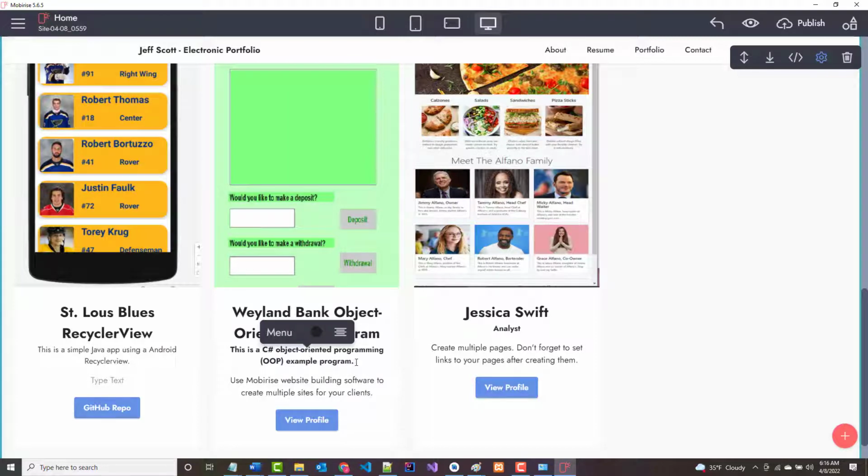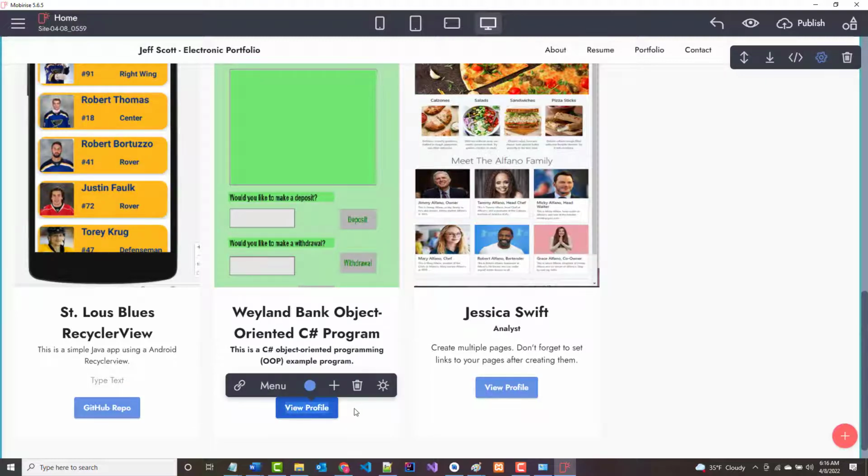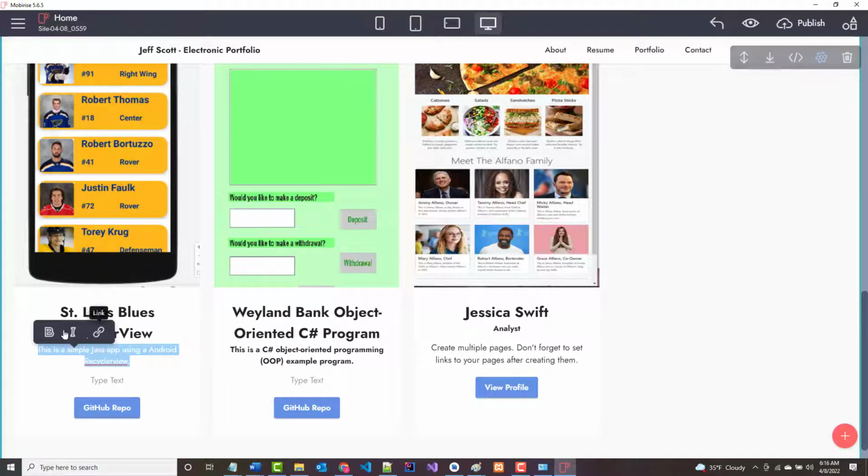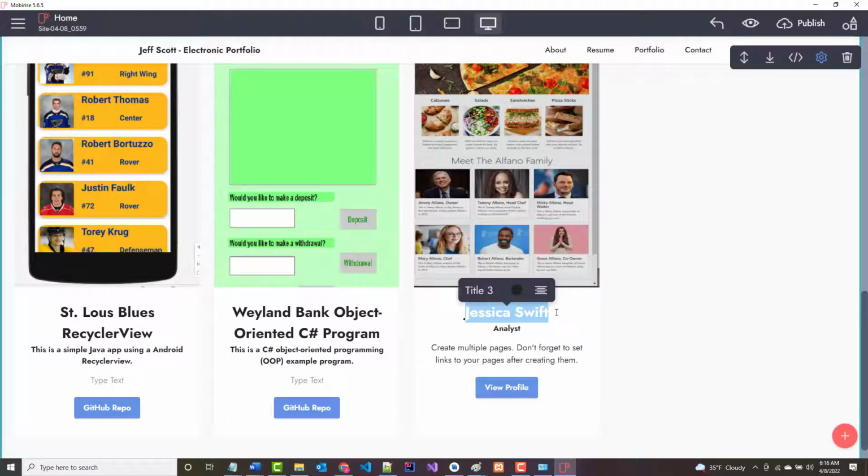Okay, I want to get rid of what's in here. And again, I'll click on here and change this so it says GitHub repo. I kind of like the fact that that's bolded, but this is not bolded, so I'm going to bold all of this. Highlight it, click the B. Now I've got two of them done. And this is going to say